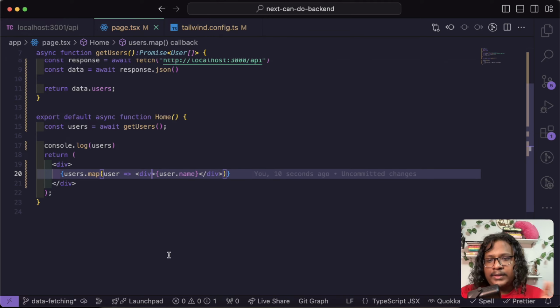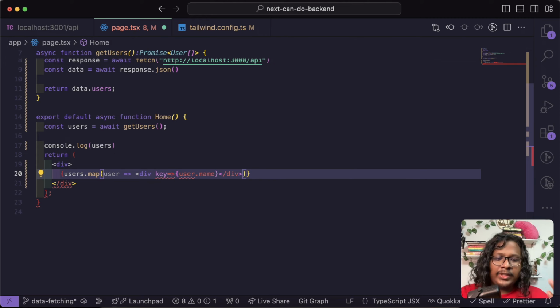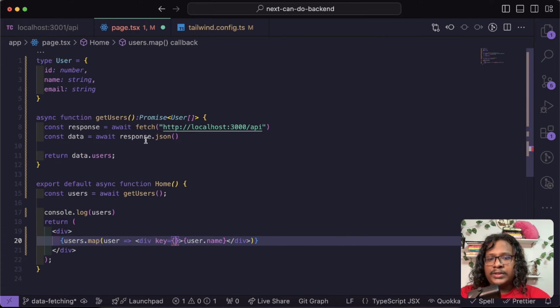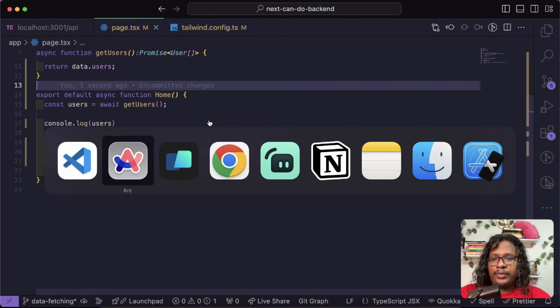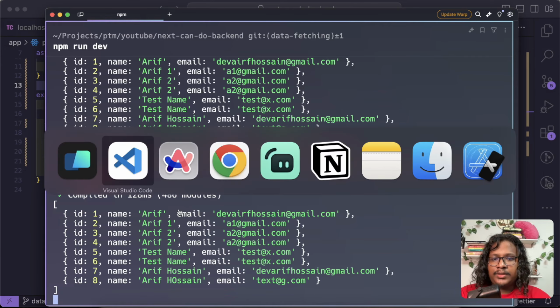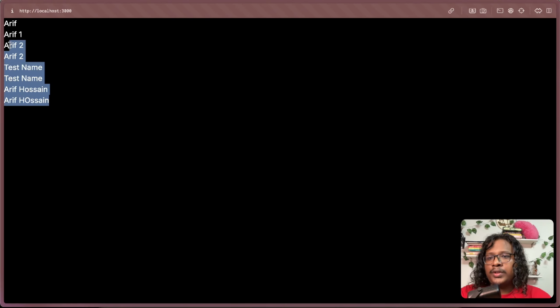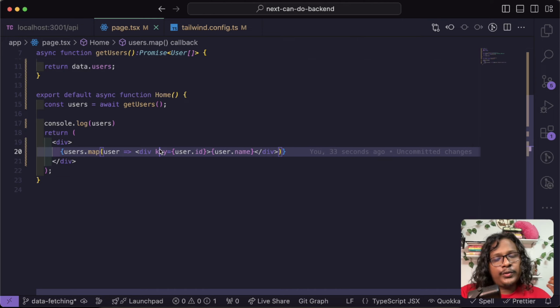Another thing you should do, since it's an array of items, we should pass a unique key to each component, and for that we'll just use ID. So user.id. Now everything should be fine. We don't have any errors. On the browser you can see the users, and now you can use CSS or Tailwind to make your users look pretty,